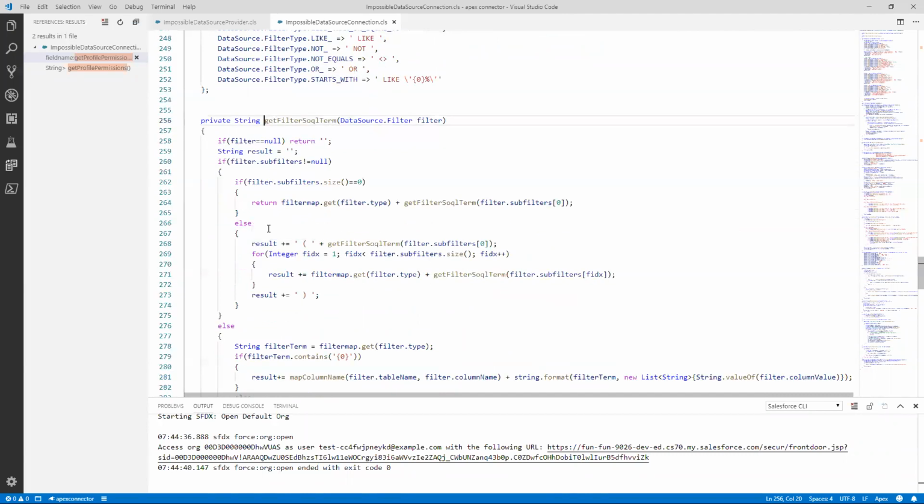Same thing, if there's more than one compound type, then we're going to put it in parentheses. And again, recursively call the first one. And then for each other subfilter, we're going to add the filter type and recursively call this. So this is where you might get